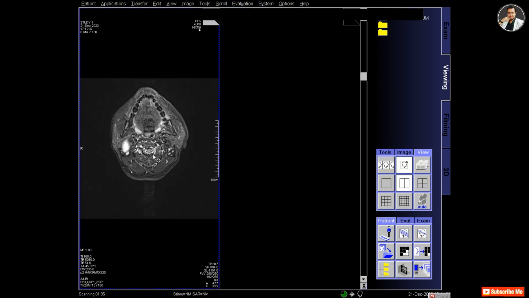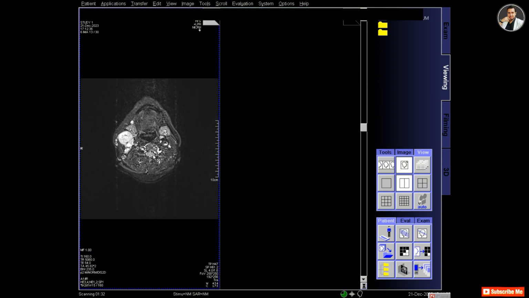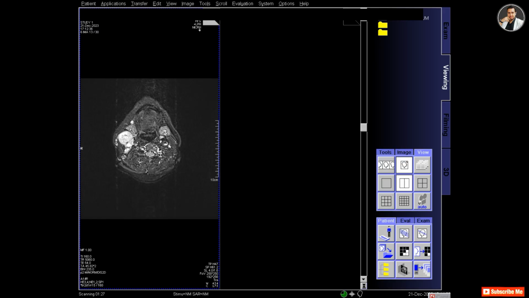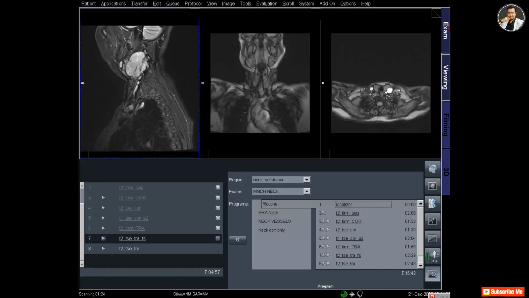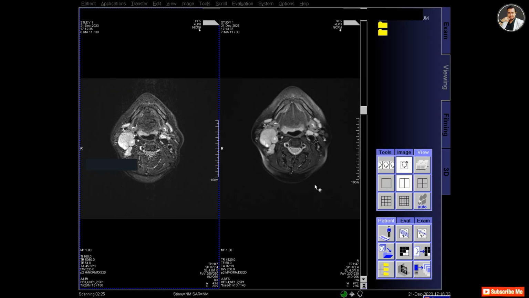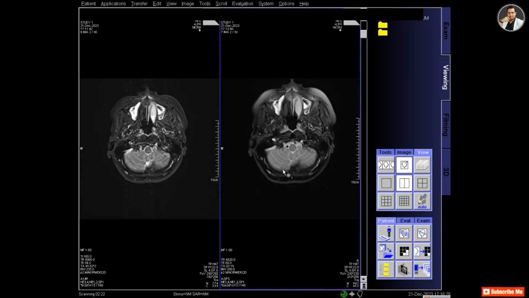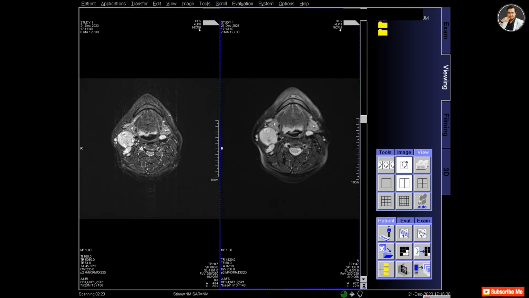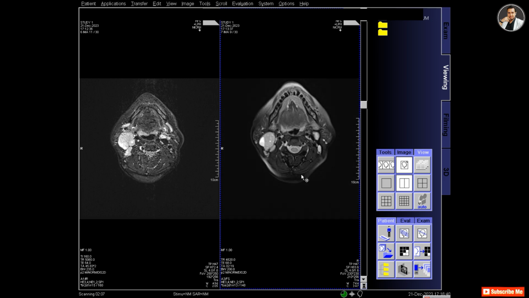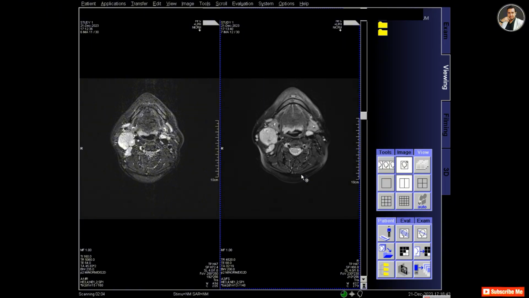This is a T2 TIRM axial. You can see that the lesion is hyperintense in this sequence, and the axial images are taken from the base of the skull to the root of the neck. Here are two images. One is T2 STIR and the next one is T2 fat set. So you can print any one whether you like. I think T2 fat set is more smooth and looking good.